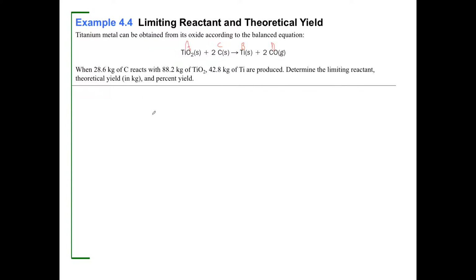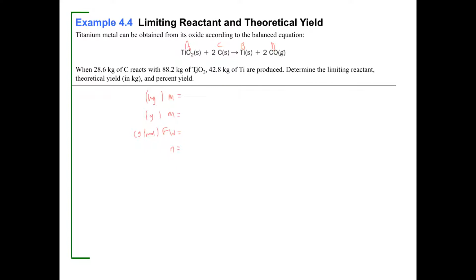When 28.6 kilograms of carbon reacts with this much. All right, so here's my table. This is my column heading. I'm going to look right past this text right here. And I'm going to say in kilograms, then my mass in grams. We're always going to have to go through a molar ratio. So I'm going to do my formula weight, grams per mole, and moles. So when 88.2 kilograms of titanium,